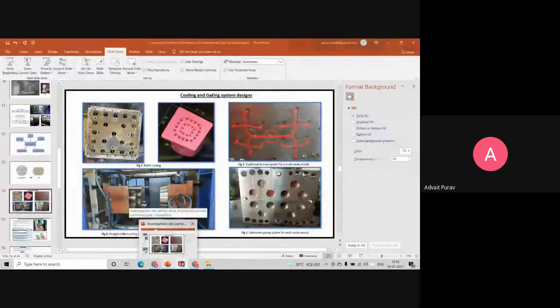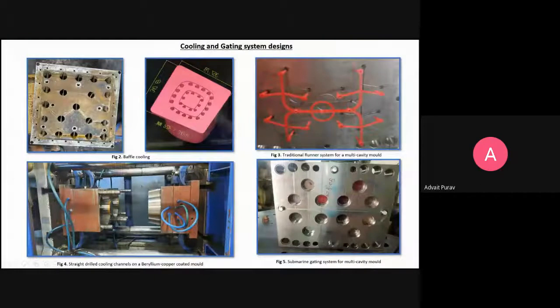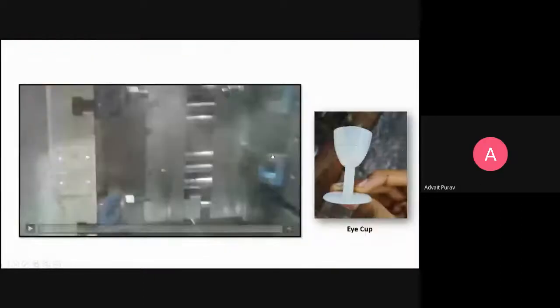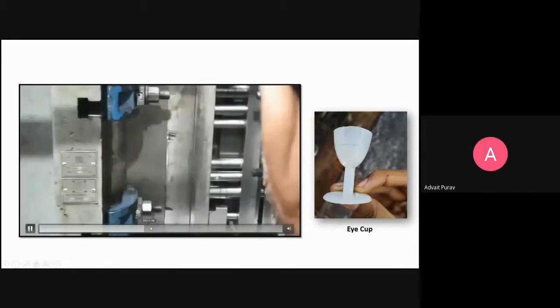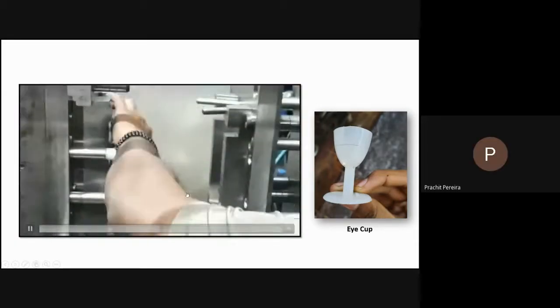Bro, also for the question you asked now, I have a little bit of a diagram explanation for that. अभी ये अगर आपने आई कप देखा ना ब्रो, आई कप, इसमें अंदर भी एक कैविटी है, मतलब अंदर इट्स हॉलो। How have they done it? I'll just show you through this video थोड़ा सा।